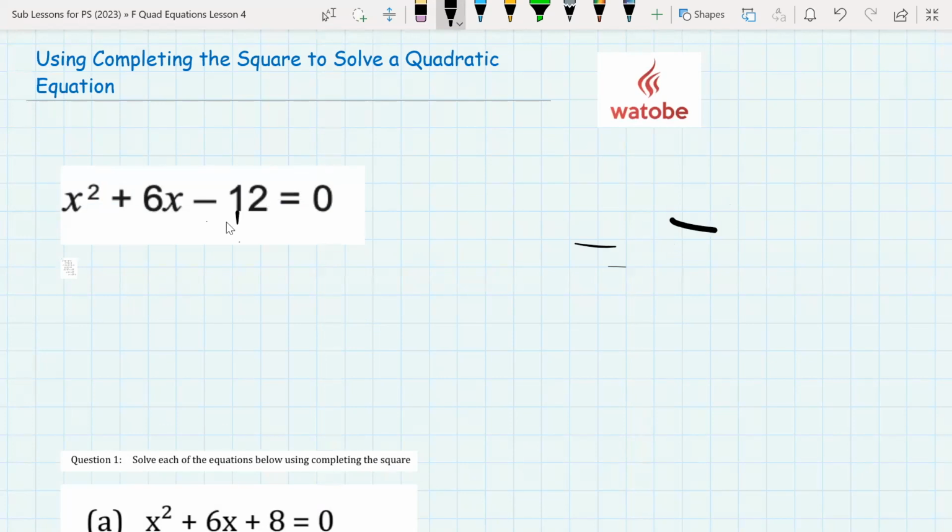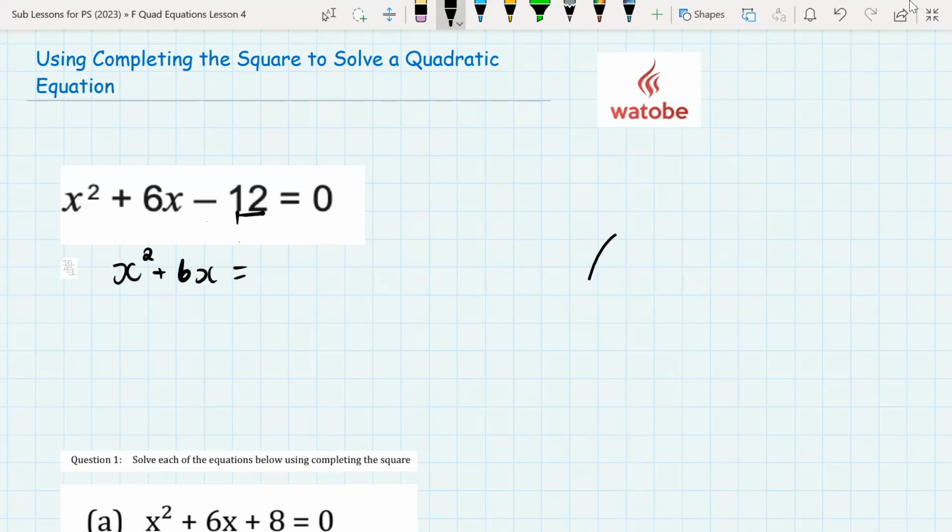So I'm going to get rid of it. So we're going to be left with x squared plus 6x